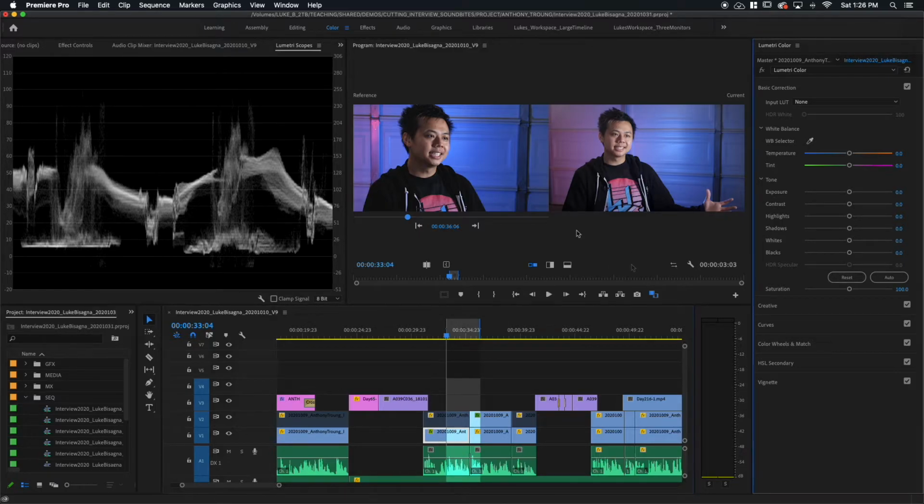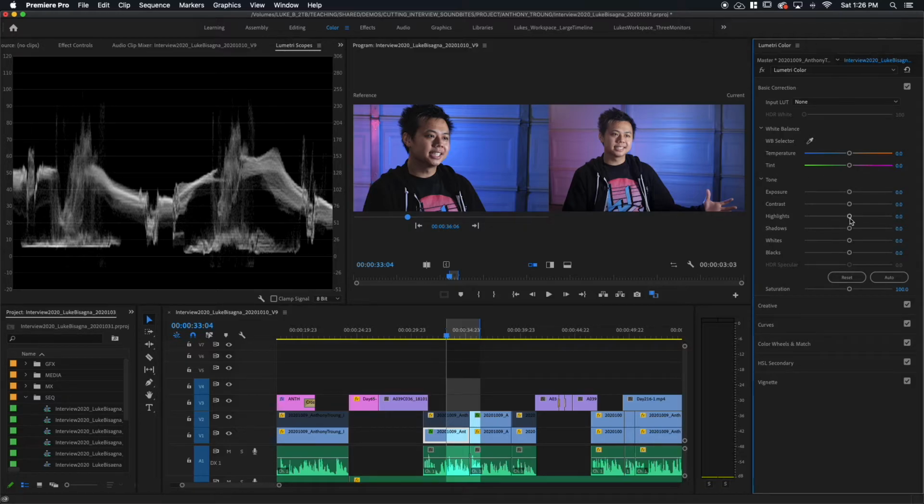Okay, so I think the first thing I'm going to do is drop the highlights a little bit, because this still looks a little bit brighter in general than this one does. The scopes look pretty good, but you can see that our subject's face is about even, but the other parts are still a little bit off. Our wide shot's a little bit brighter on those highlighted areas that aren't the super bright parts.